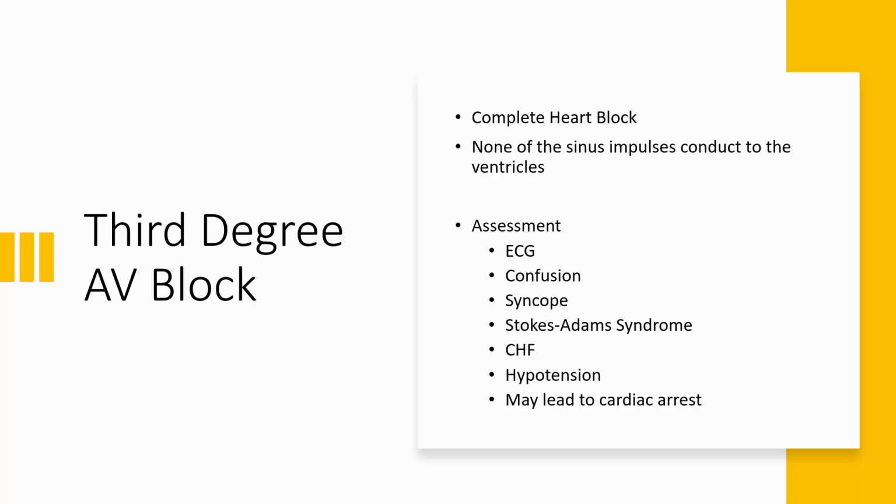They become hypotensive. They're going to have periods where they're going in and out of consciousness. They're going to have the signs and symptoms of congestive heart failure because their heart is failing. It's not working as it should. What happens in third-degree heart block is it leads to cardiac arrest if you don't catch it, because our heart